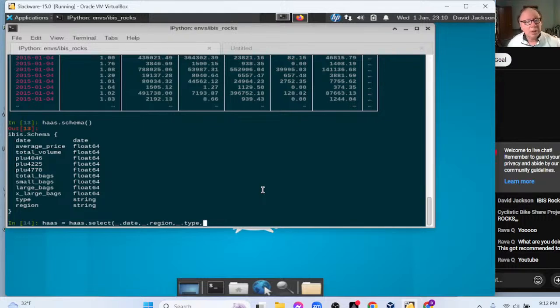So I believe total volume is measured in pounds, and I think the average price is the average price per pound, okay? And so total volume would be the total pounds.